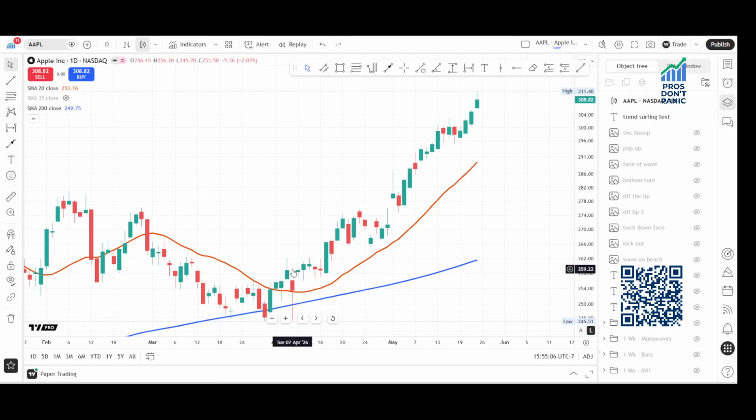And when you want to be in the lineup to catch the wave, here's your wave right there. Big breakout, follow through, doesn't pull back much, keeps going. There's your wave right there. You jump on that wave. You don't have to ask permission. You just get on it and have fun. Now we're going to surf it.